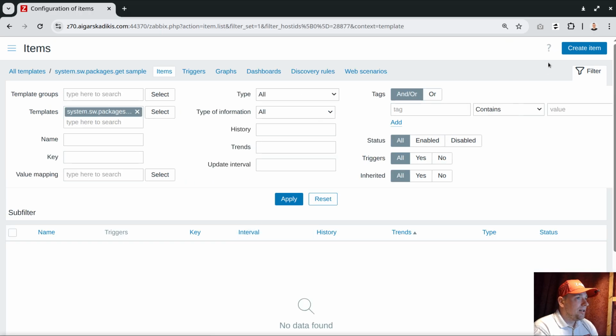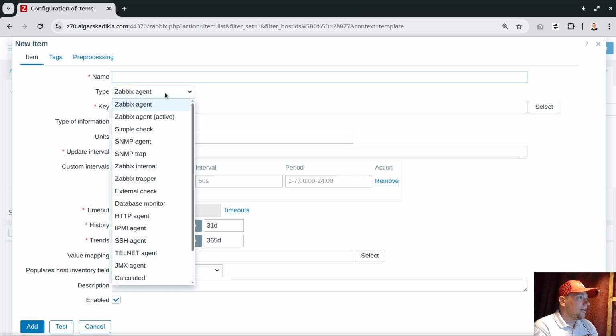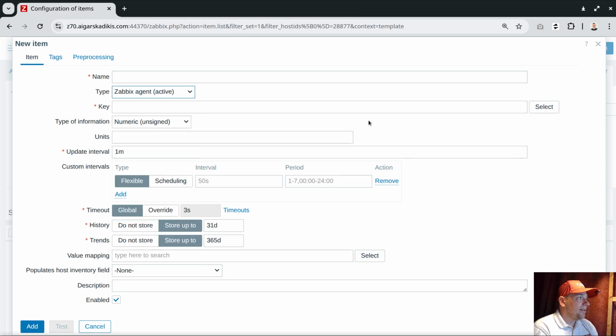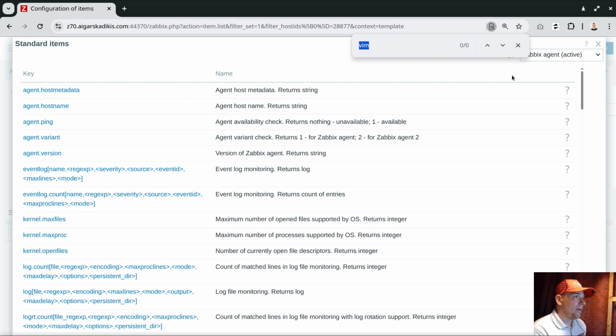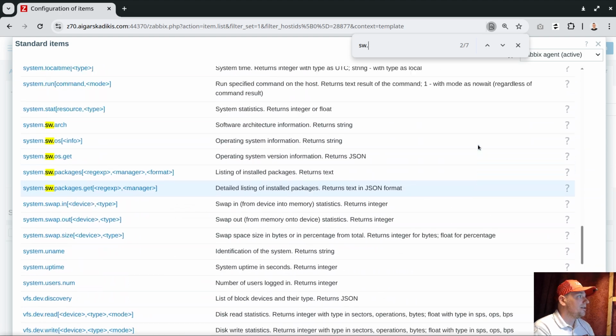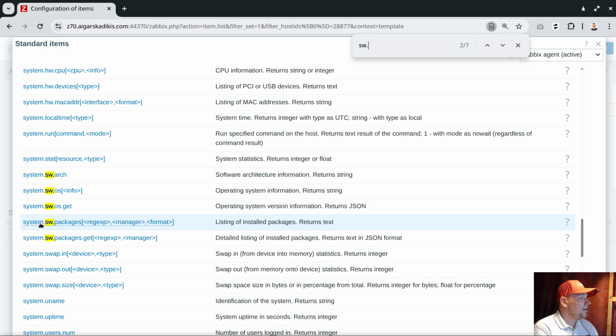And we will create an item. Here I will use the active checks, and the item key we want to target is about software packages. If we search through the item keys, we have a dedicated key, system software packages, and we have